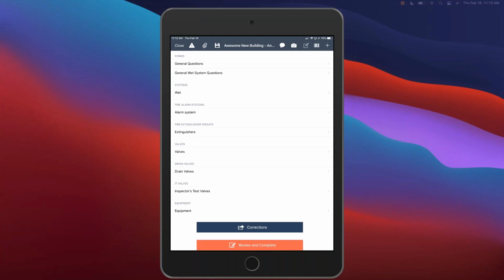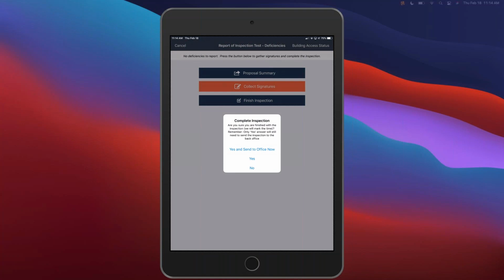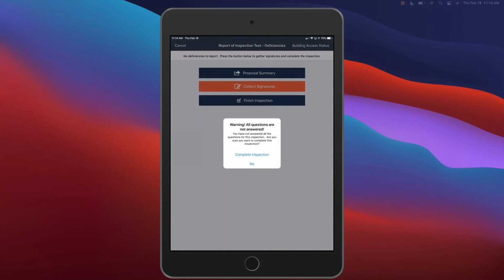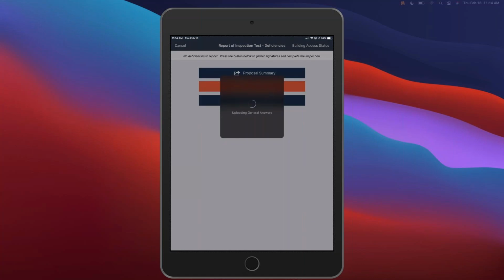Now, when I send this inspection back to the office, I would send it back just as normal, right? So I'd collect my signatures, finish the inspection. I'm connected to an internet connection right now, so I'm just going to send right to the office. It's giving me a warning because I haven't answered all my questions. I'm going to go ahead and just complete that inspection, and it's going to start sending it back to the